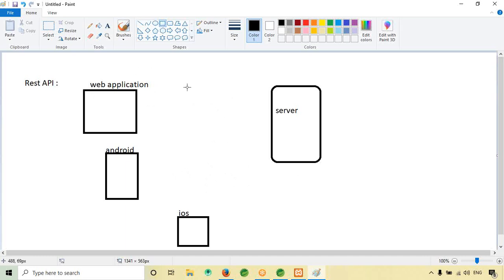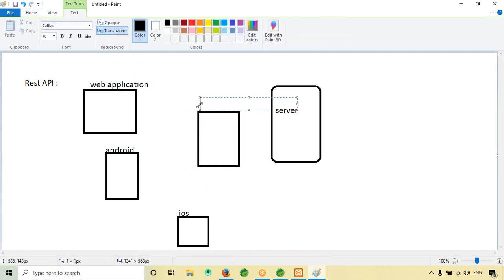So for that, either I can go with JSON format. JSON is JavaScript Object Notation, right? Or I can go for XML format.